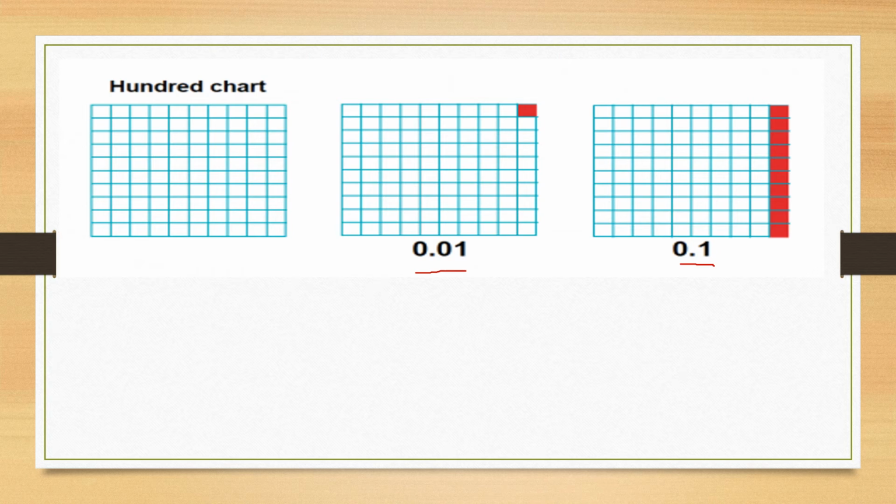If you see this one, there's only one shaded box over there, and the number of boxes that we have is 100. So if we're going to write this one in fraction, it's 1 over 100. Okay, and this one, since we have only one column shaded, meaning it's 1 over